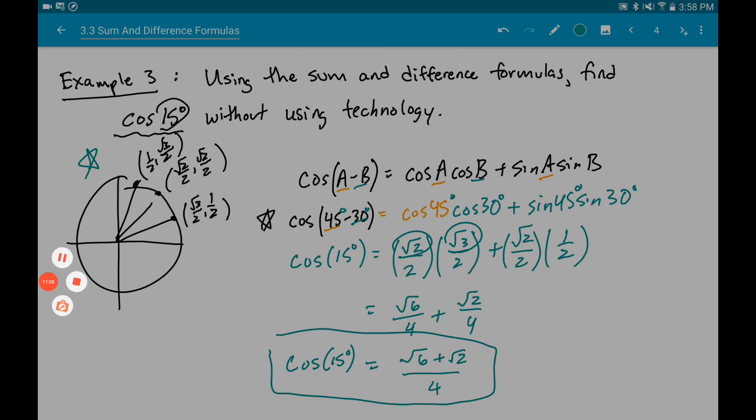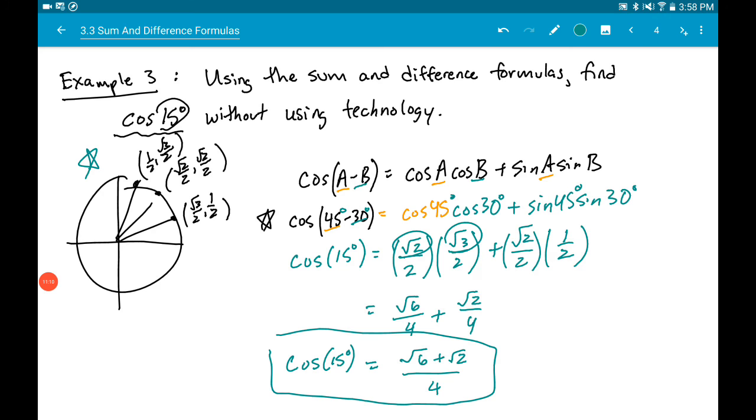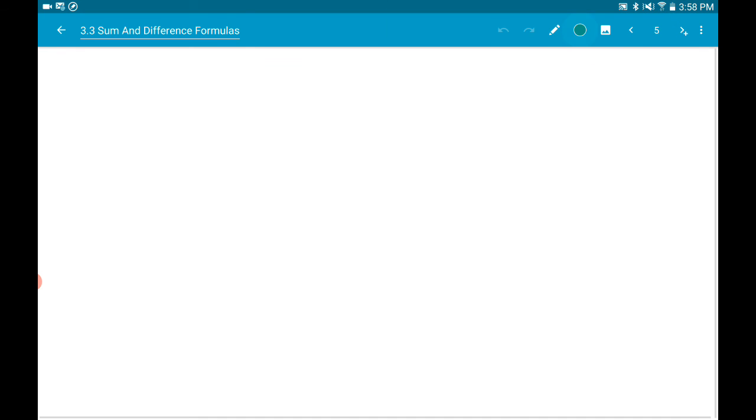So kind of a different way of thinking. One thing I might ask for on your next quiz is, you can do different combinations of this using the unit circle. And so, for instance, we'll just wrap it up here with kind of a future question, but if I ask you to find, say, sine of 75,